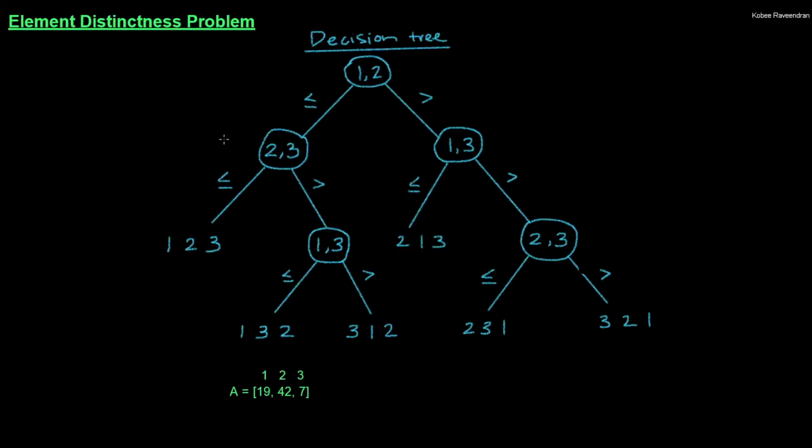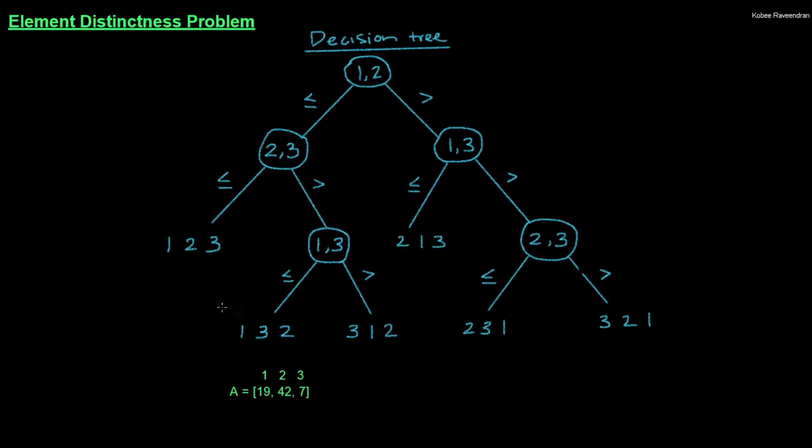So basically, in this decision tree, each node is going to correspond to some indices of the array that you're comparing, and the edges are going to be the results of that comparison. So in this case, if we compare the first and second elements, if the first was less than the second, we'd go left. If it was greater, we'd go right. And these leaves, which aren't circled, are basically the results, or the correct permutation of the indices such that the